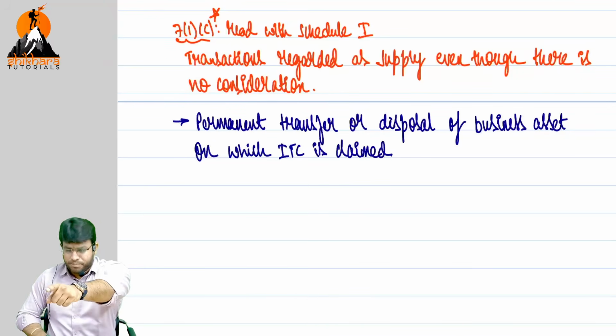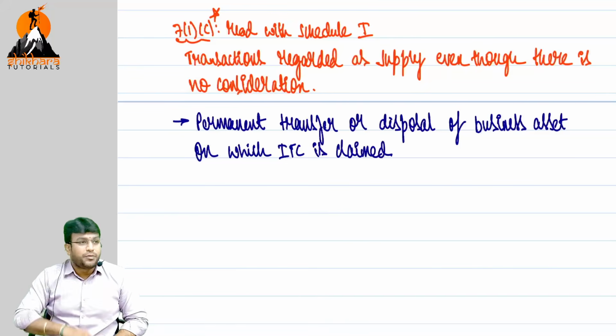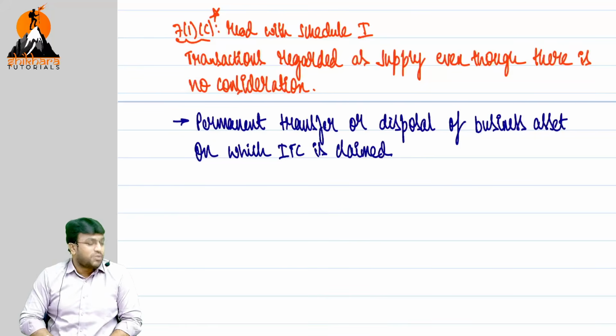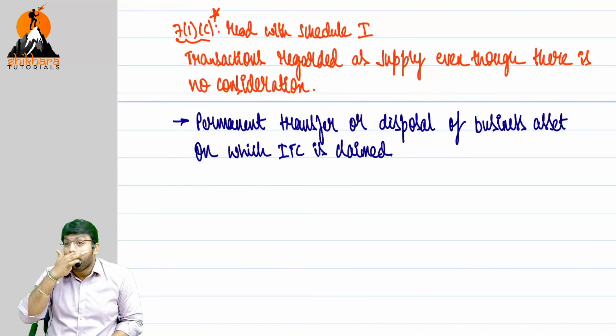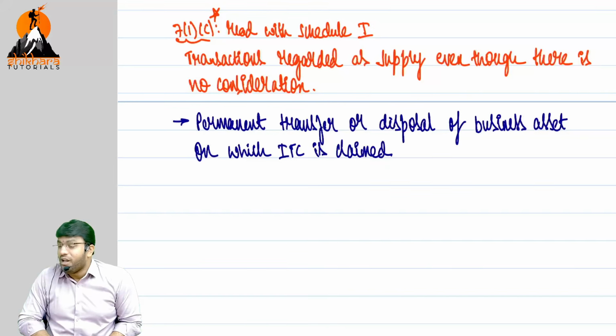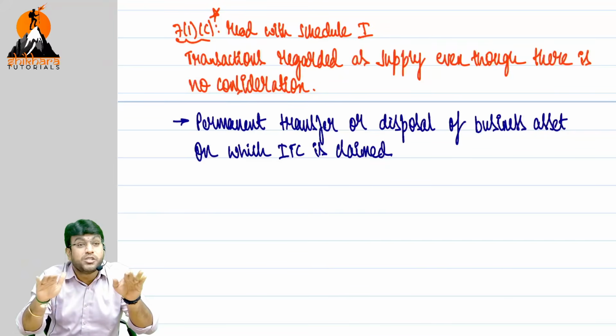Did I order for personal use? Technically, I ordered for business use only, because I don't like that fellow. But I ordered that samosa and kachori because it's getting late and that fellow is feeling hungry. See? It is purely for business purpose. Law is telling, still input tax credit is not allowed.